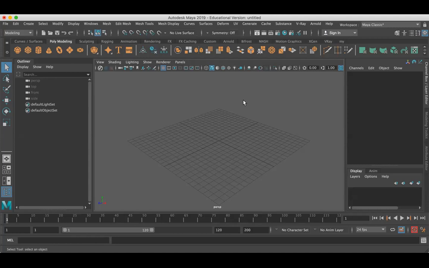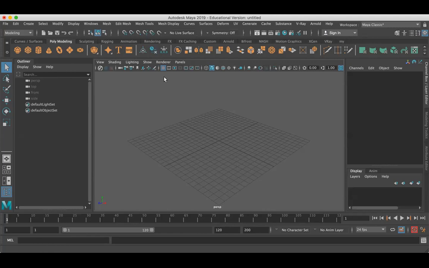Okay, so before going into the lighting part, I'll just introduce you to the interface which is very related to the lighting and rendering part, which we are going to use every time whenever we work on lighting. So here you can see, this is the Maya interface.